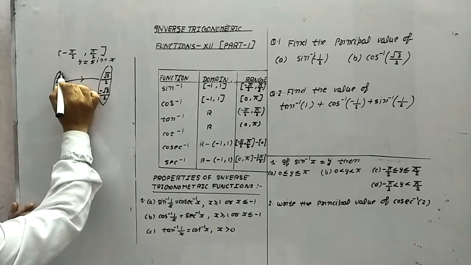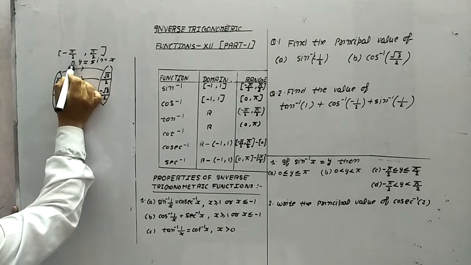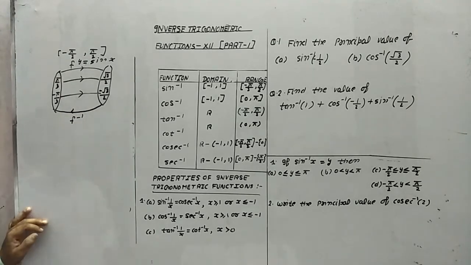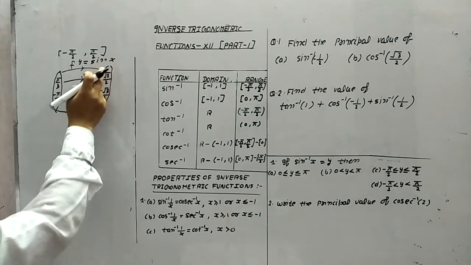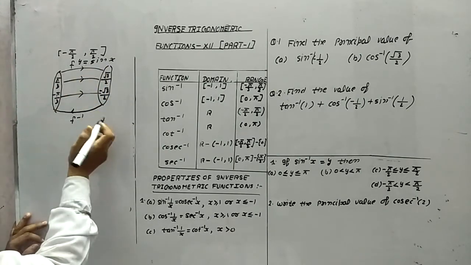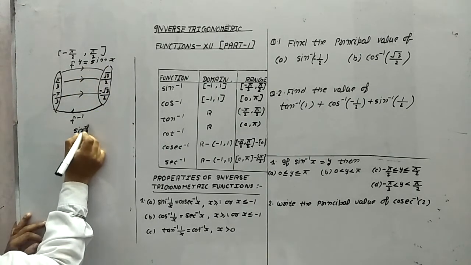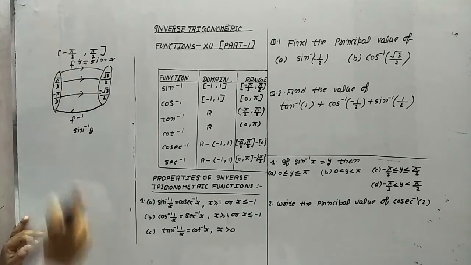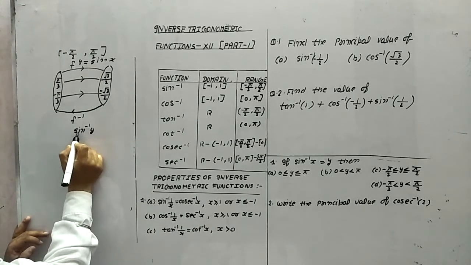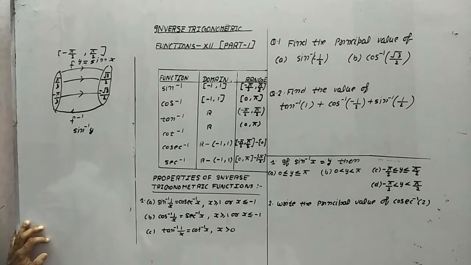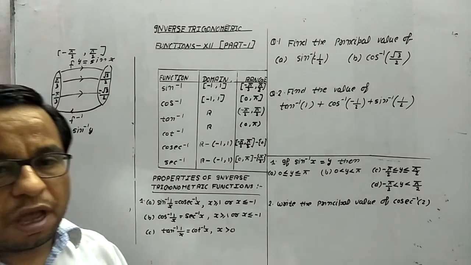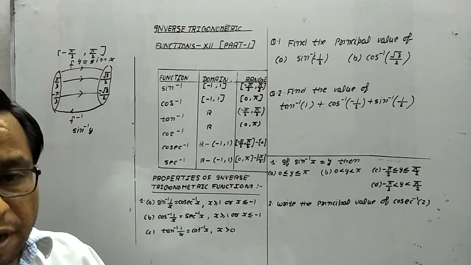It means if y is equal to sin x is a function f, then it is also having its inverse, which is denoted by f inverse. So y is equal to sin x, it means f inverse. In this case, this is known as sin inverse y. Look at this thing. If we take sin to the other side, in inverse form it is written as sin inverse. So this is a very important part. You have to keep in your mind that trigonometric functions are showing their inverse in certain conditions.